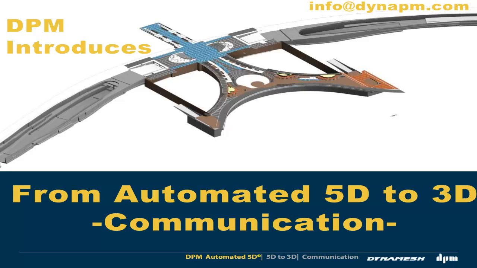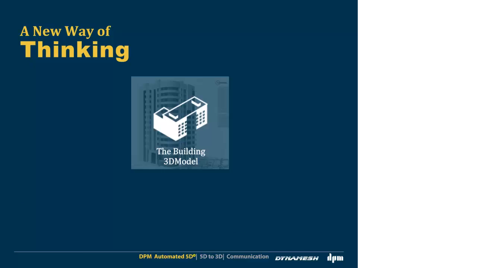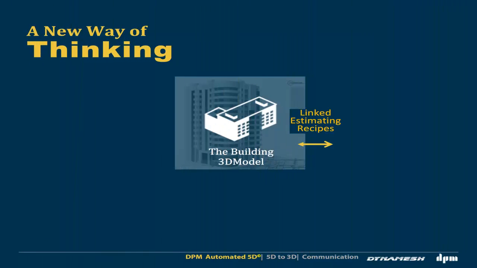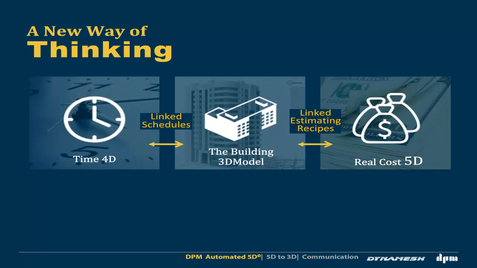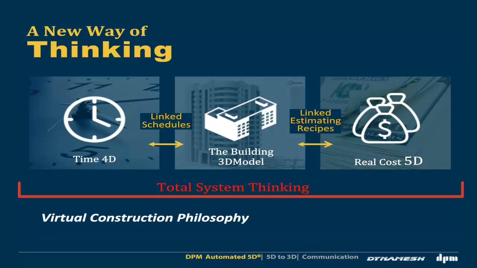Dynamic project management introduces, from automated 5D to 3D communication. Automated 5D is a fully integrated platform that centralizes all the project's information, linking cost and finance to BIM design